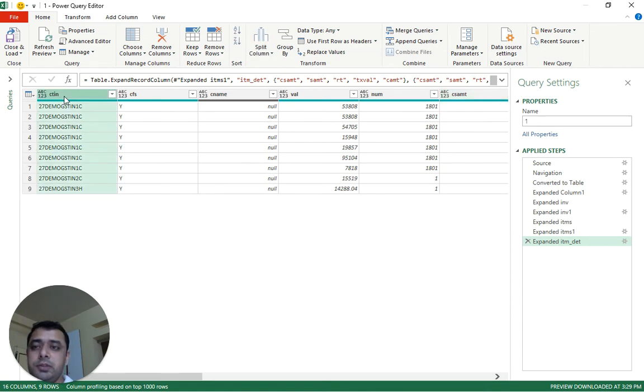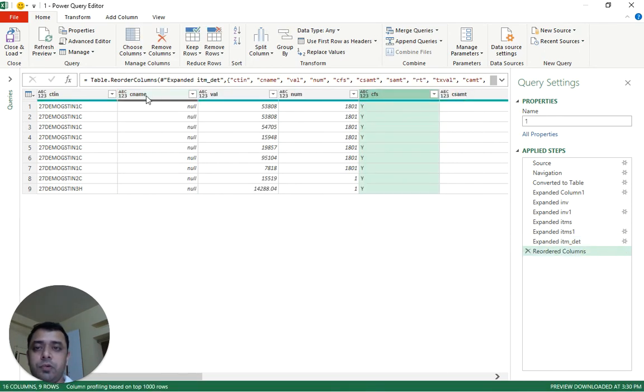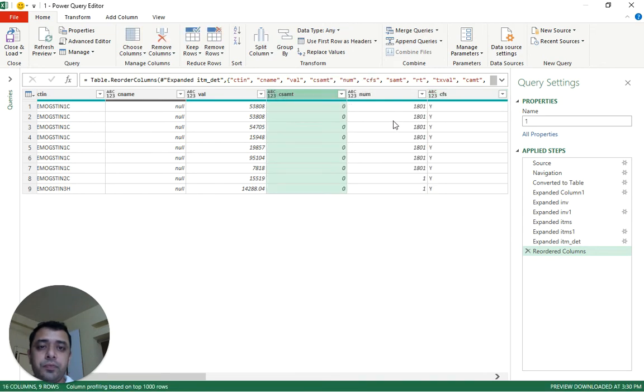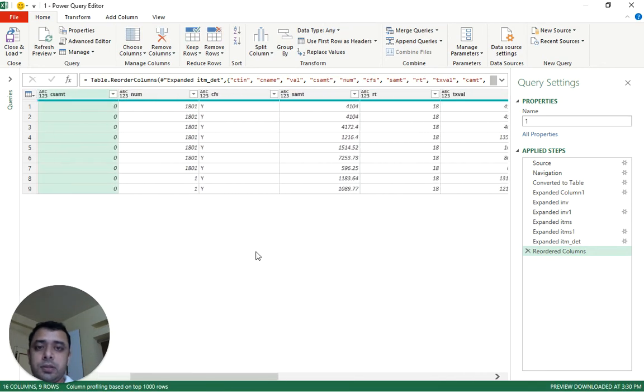You will see this is nothing but your GST number, so you can rename it if you want. This is the filing status, whether the counterparty has filed. So I'm just dragging it to the end. I don't want it appearing in my front columns. This is my sales column. I'm just bringing it closer to the value. Then this is my SGST column. If you want, you can rename the column also